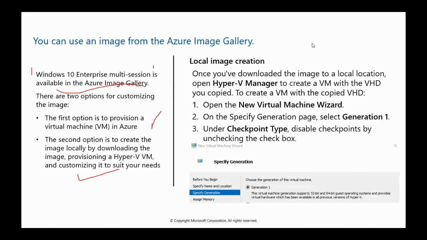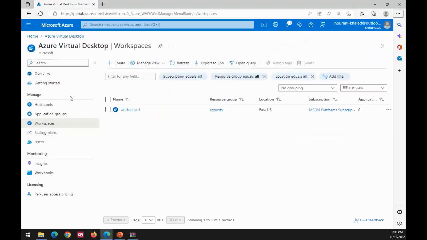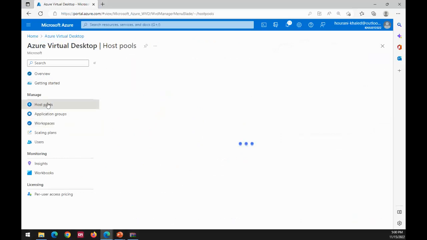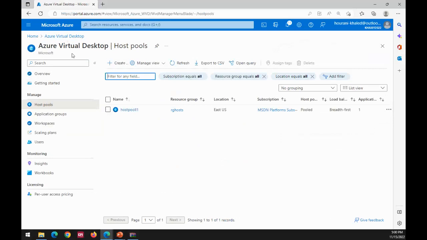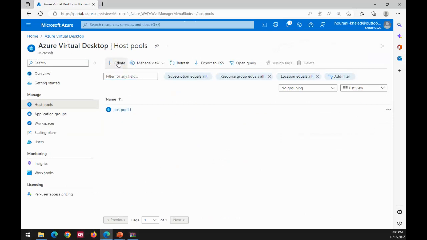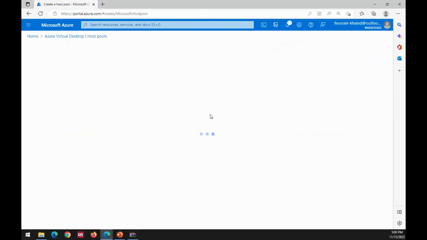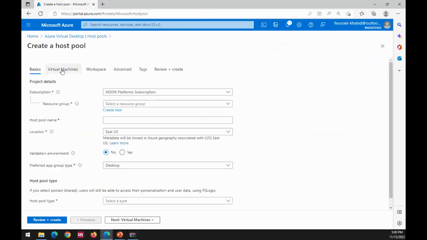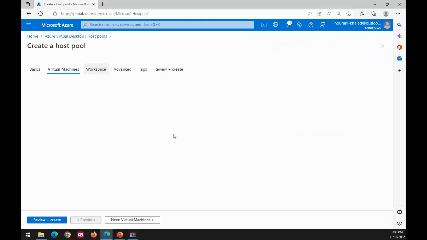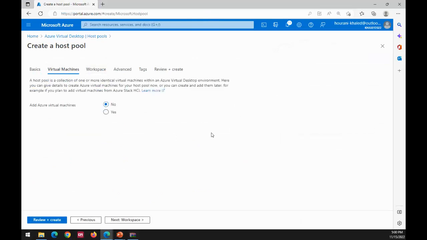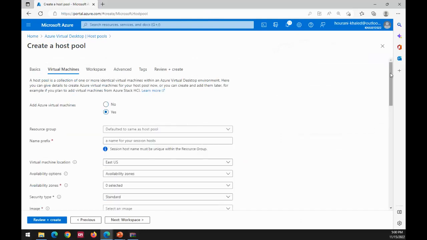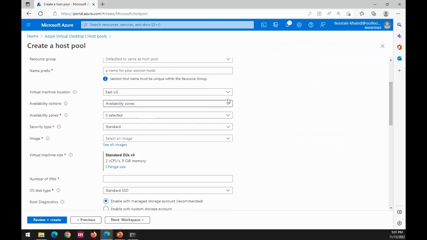Sometimes you can go again, I will go to the portal. As you can see here, when I'm creating a new host pool, we have the virtual machines. I will go directly there and show you what I mean by that. So when I'm creating, I will say yes, it will open this for me. As you can see here, we go to the size, okay? If I have my own, when I press change size,